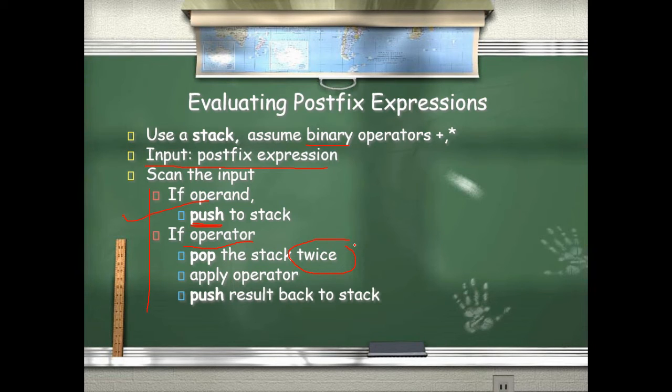So if it is an operand, we are going to push it into the stack. If it is an operator, then we are going to perform the pop operation two times. After popping the two elements, which are present on the top of the stack and below the top of the stack, we are going to apply the operation there, and whatever result comes from that operation, we push back into the stack, because that is again one of the operands which you require for the next operation. So you have to perform this step until each and every symbol, that may be an operand or operator, given in the postfix expression has been scanned.